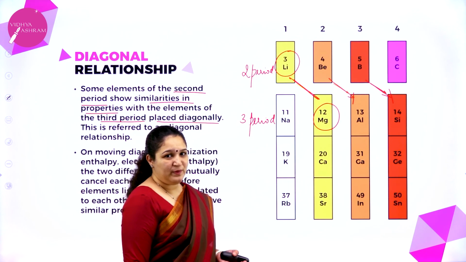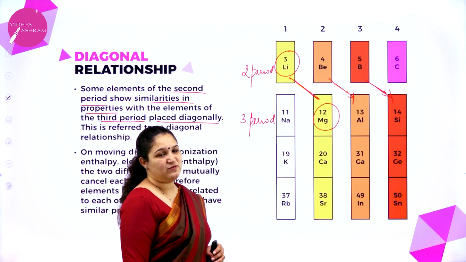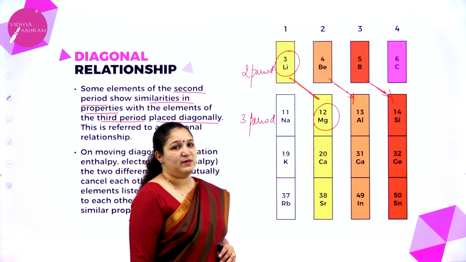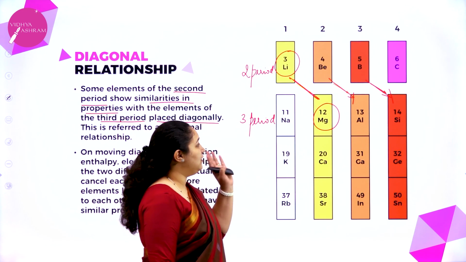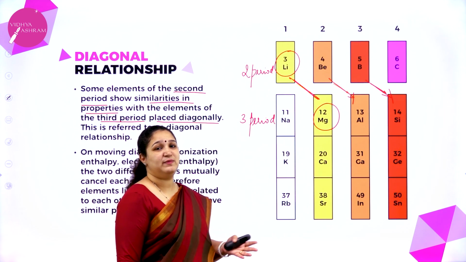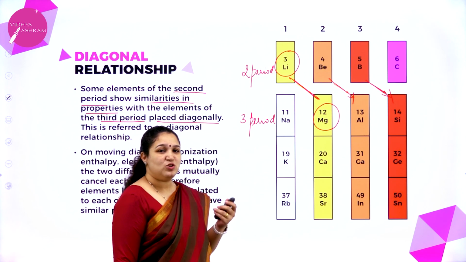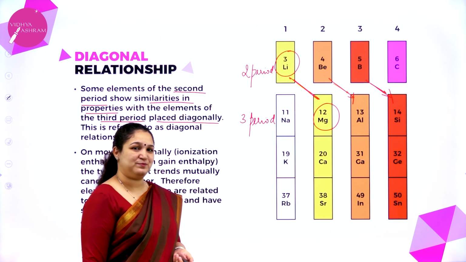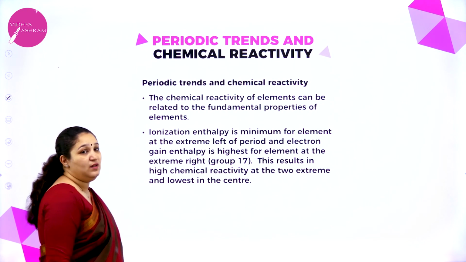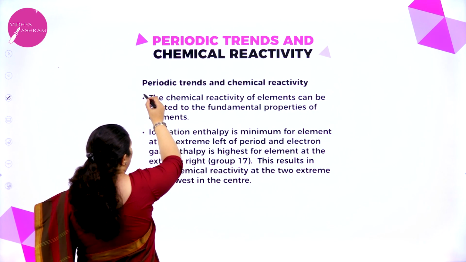More about their properties you will be learning in your respective chapters, like the S block elements chapter and the P block elements chapter. In those chapters you will also learn about the similar properties. So we'll see the diagonal relationship in more detail in those respective chapters. Okay. So what are the periodic trends